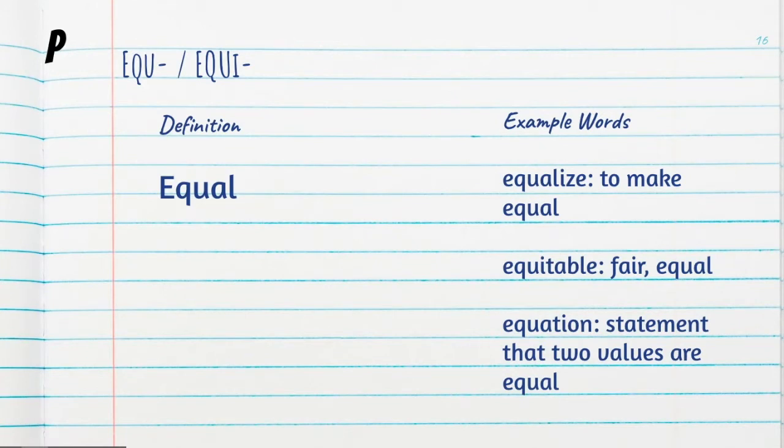So if you think about in math, like 2 + 2 = 4, right? So that is an equation, and it is stating that what is on one side of the equal sign is the same amount as the other side of the equal sign, which is true, right? 2 and 2 = 4. All right, next one.